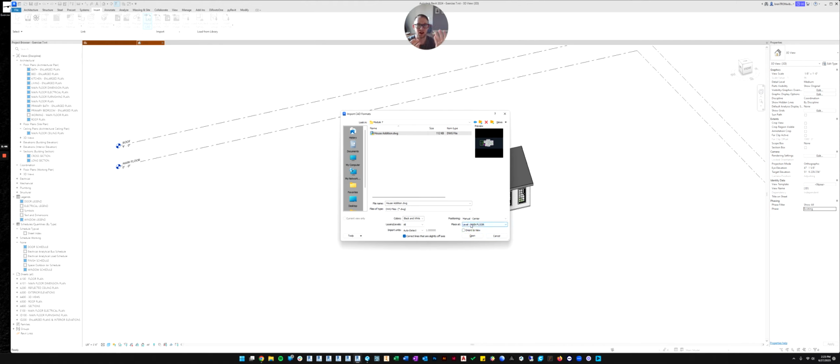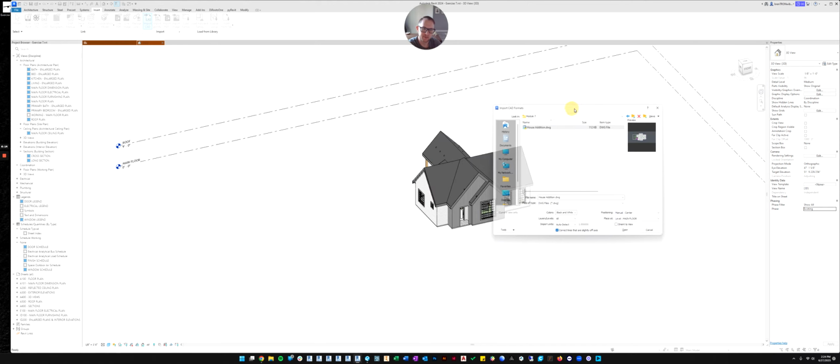Now, because AutoCAD is a 2D object, it wants to know which of your levels you want me to place it on. So if you had a 2-level house and you had the main floor plan and the second level floor plan in CAD, you could place one on the main floor and one on the second level in Revit. And then you would just align the 2 CAD files between each other, and then you could start modeling the first floor and the top floor. But in this case, we just have one level, and we want it to be on the main level. So we're going to click that.